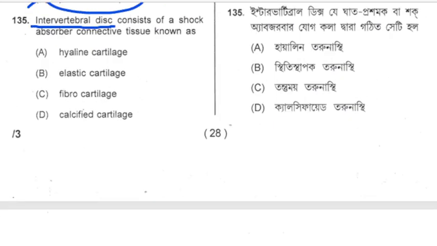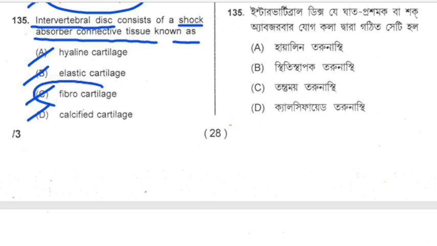Intervertebral disc consists of shock absorber connective tissue is known as, সেটাকে কি বলা হয়? ইন্টারভার্টিব্রাল ডিস্কের মধ্যে যেটা শক অ্যাবজর্ব করার জন্য যে কানেকটিভ টিস্যু থাকে সেটাকে কি বলা হয়? হাইলাইন কার্টিলেজ, ইলাস্টিক কার্টিলেজ, ফিব্রো কার্টিলেজ or calcified cartilage? So the correct answer is fibro cartilage. সেটাকে বলা হয় ফিব্রোকার্টিলেজ।